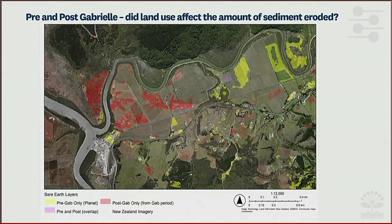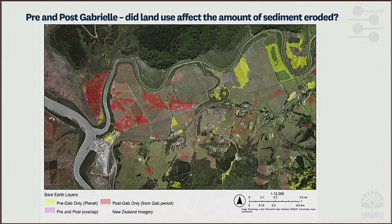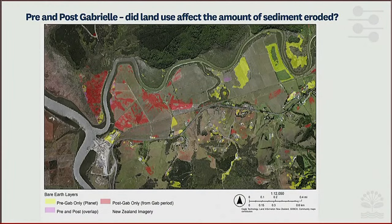What was really interesting about this work is that you can look at the area of bare earth and estimate what the sediment load would potentially be down into the estuaries. So if we can do that after an event, we can do that as often as you like with satellite imagery. It's a really clever and important way we could start to get scale with our sediment management and our decisions that we want to make